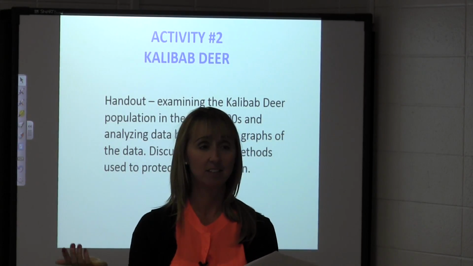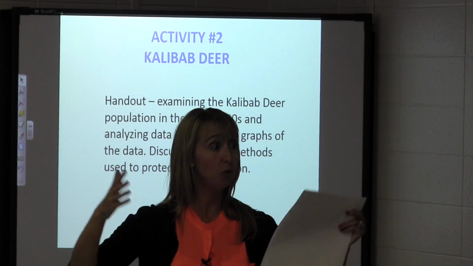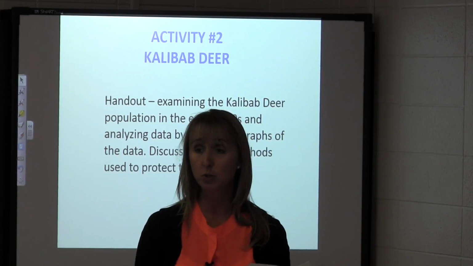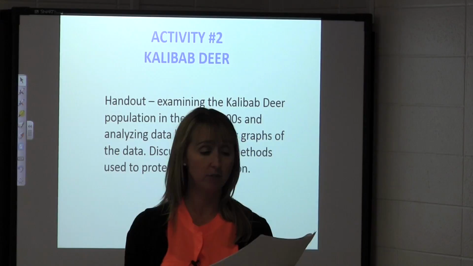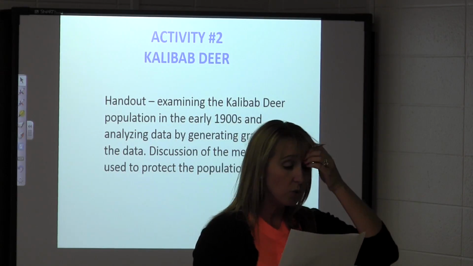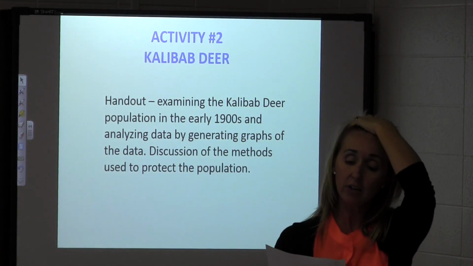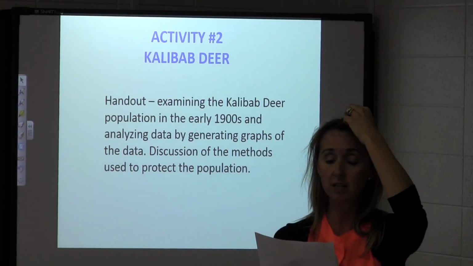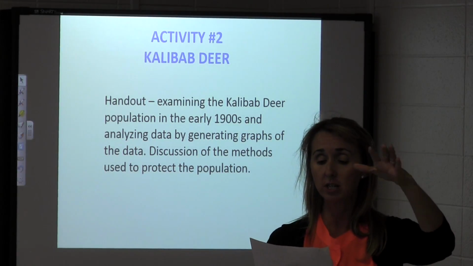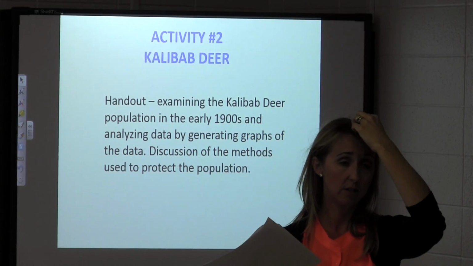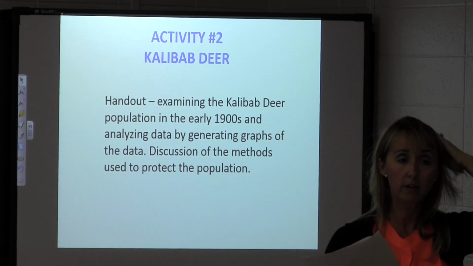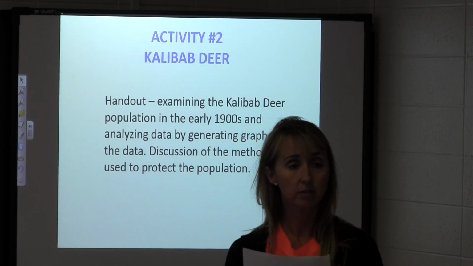Ran out of food. Yeah. With that huge population, resources are going to become very scarce, depleted, right? So do you think any changes occurred in the carrying capacity in the range between 1900 and 1940? And what do you think happened? They said the quality of the resources went down, so then I think the carrying capacity would naturally go down